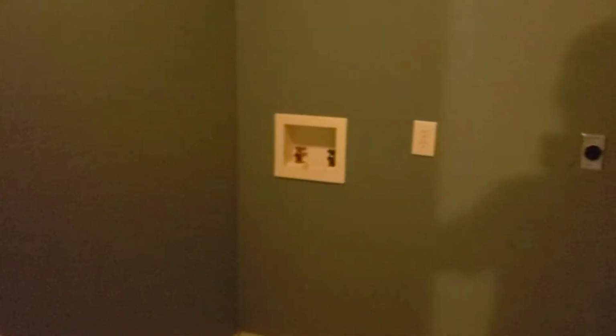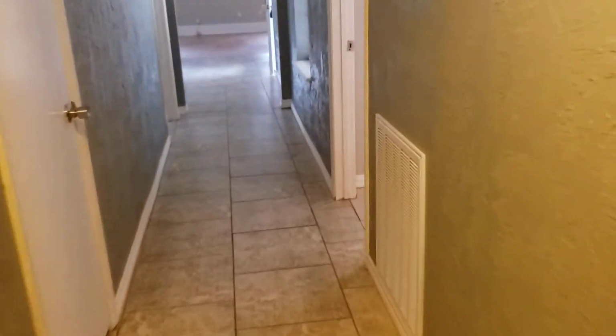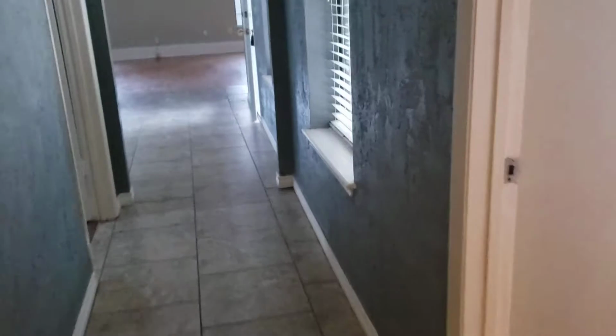So I'm coming in, taking a look at everything. There's another little closet here. You got the washer dryer room here. Pretty neat. Got the electrical panel box in there. Then you got this other bedroom. And you got these slanted slopes, 45-degree angle, which is nice. It's unique instead of your standard traditional